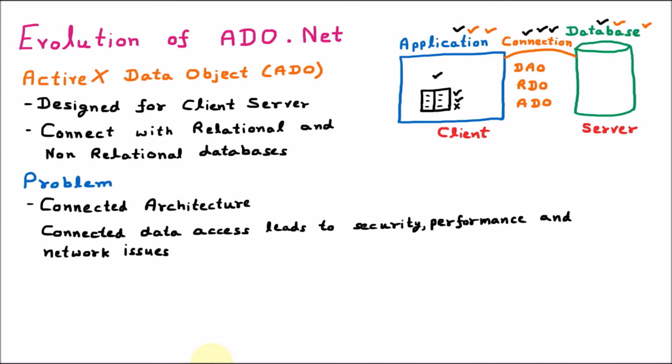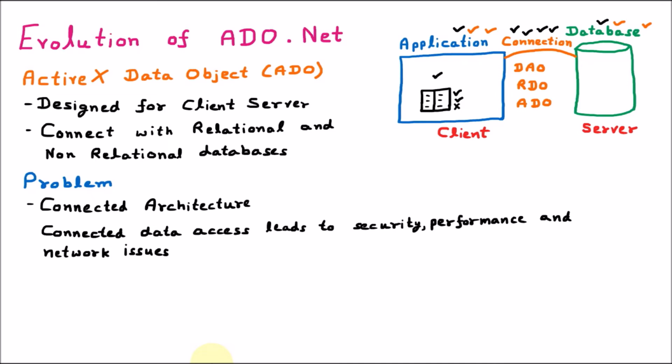In the connected architecture, we need the connection to access the data every time. And if the connection is always present, then there is the problem of security, because somebody can even break this connection, or there can be some unauthorized access on this connection if it is available throughout. And even the performance will not be good, because if in the meanwhile there is some kind of connection problem, then data will not be saved, so performance is not good.